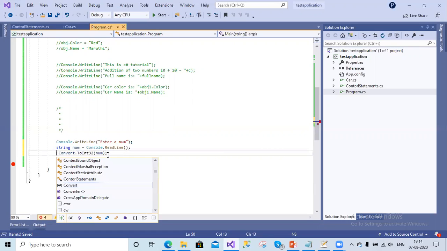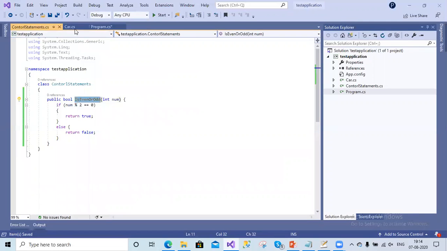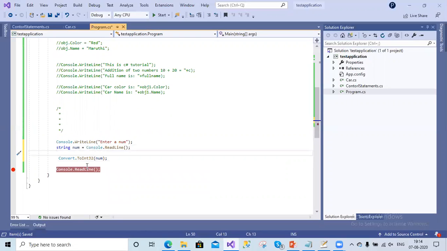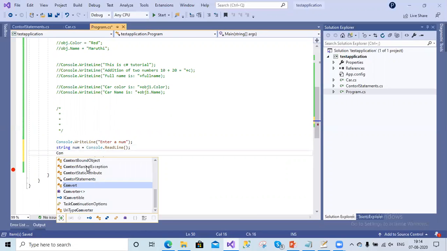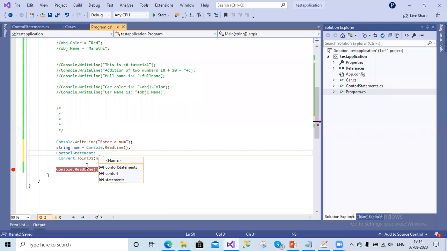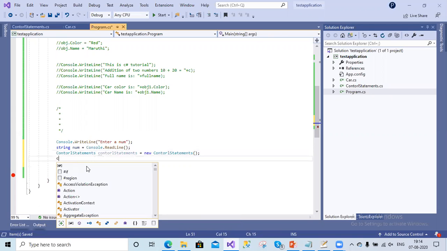Let us take that method, IsEvenOrOdd. Before that, we have to create an object for the control statements. Let's create an object for the control statements, and the object name is controlStatements equals new ControlStatements.